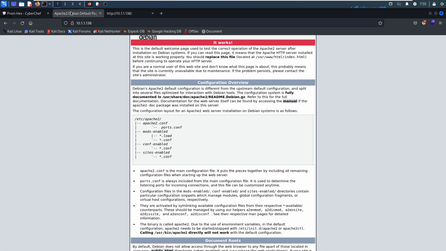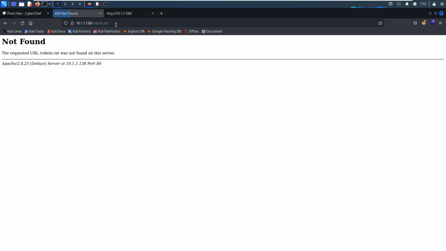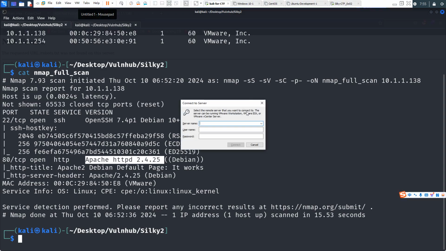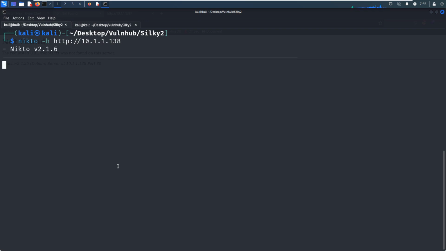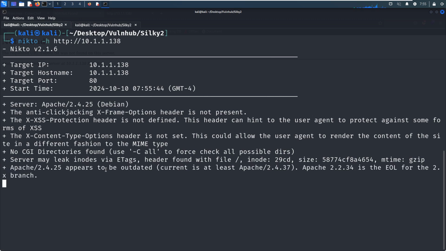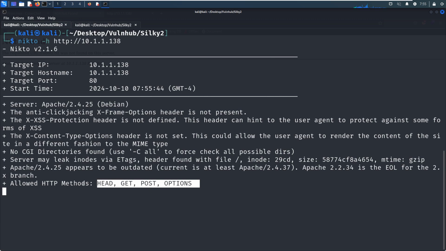Next we can check whether this site has a robots file or not. It's not there. Next we can launch Nikto. Nikto can scan the web application automatically from different aspects, for example the banner information, the header information, and also allowed HTTP methods.